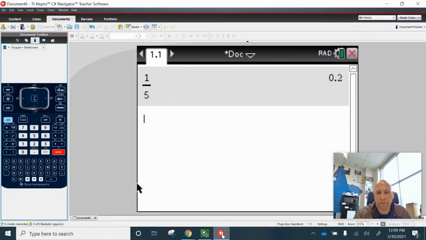So we have 1 divided by 5 minus 1. I'm going to press Control Enter. That's negative 0.8, comma, let's see, Control Divide, 1 divided by 5, Control Divide,